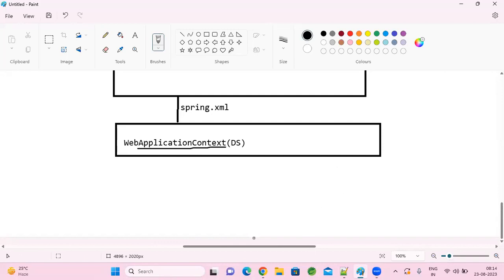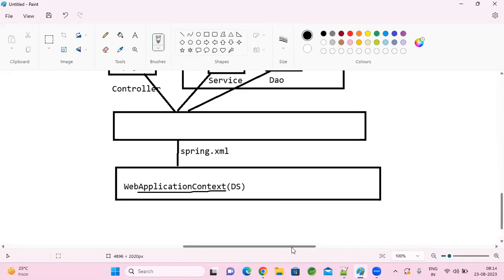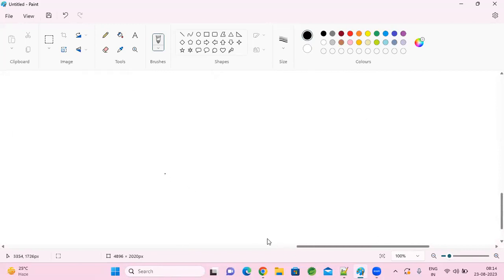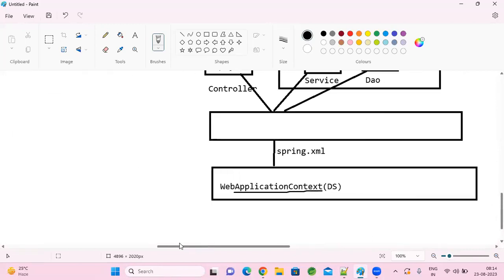Yeah. So nowadays we are not using XML based configurations. Then what we are doing instead of this XML based,